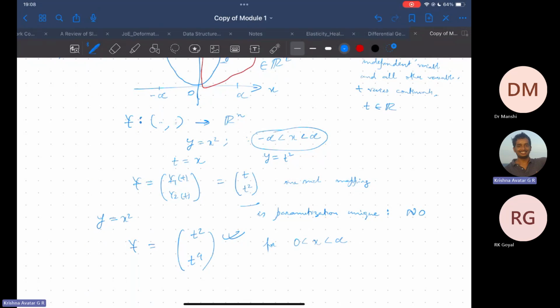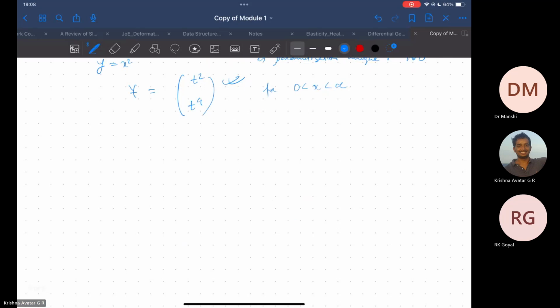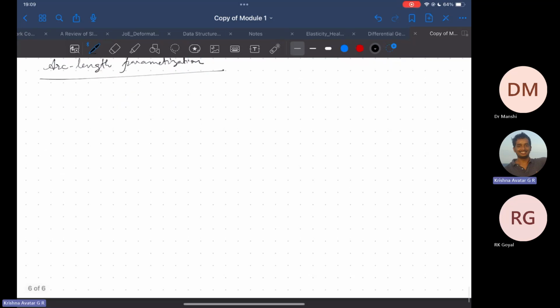So to alleviate this problem, we introduce something called arc length parametrization, which is also not unique, but it is unique up to a sign. There is only a sign difference. So arc length parametrization is what we introduce into the picture. The way we define arc length parametrization is